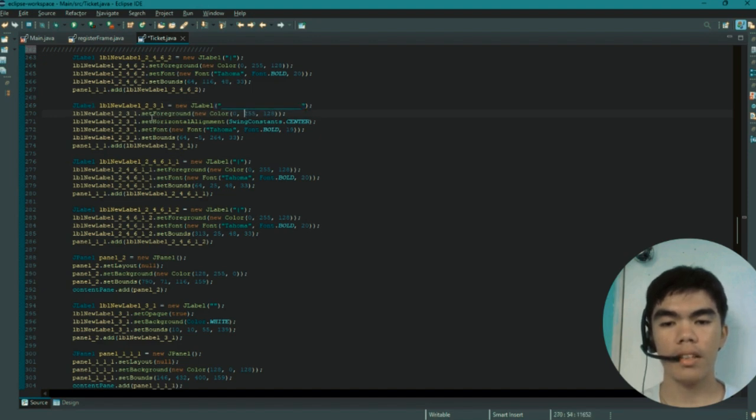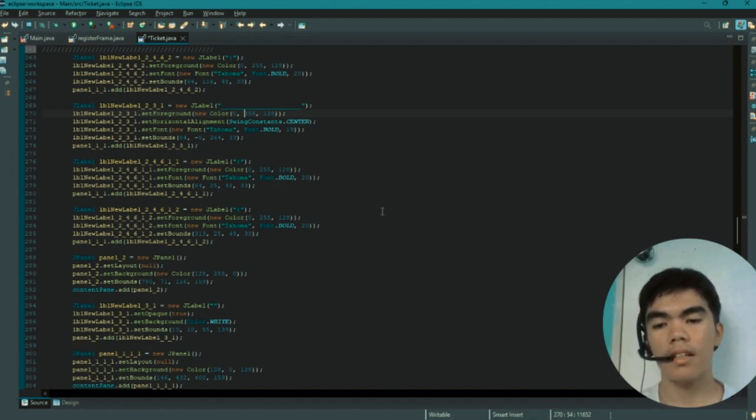This JLabel sets the foreground to new color 0, 255, 128, sets the horizontal alignment to SwingConstants center, and sets the font to new font Tahoma bold 19, and the next is set bounds 64, -5, 64, 33, and added to our panel.